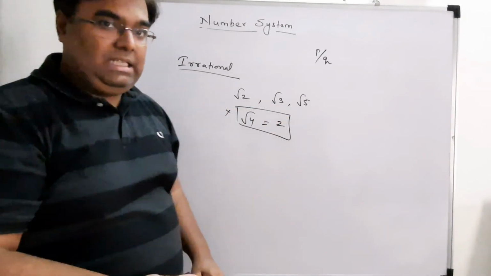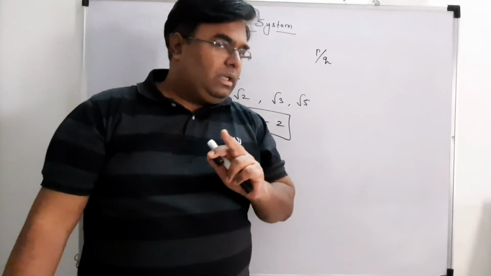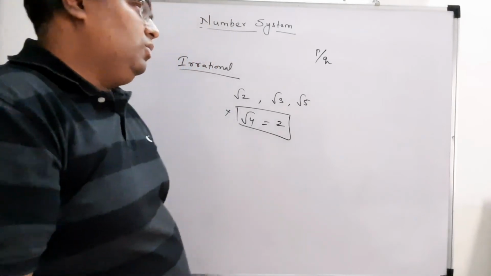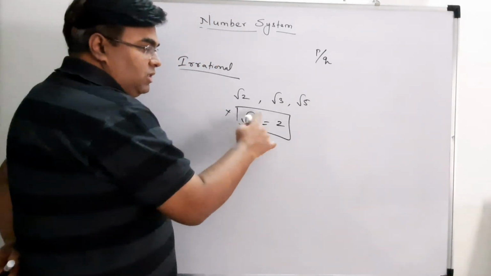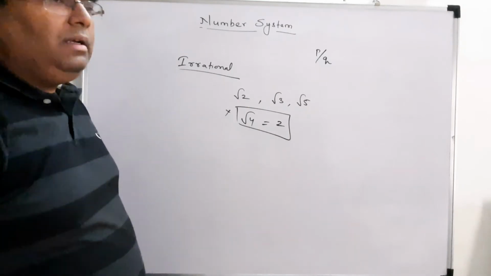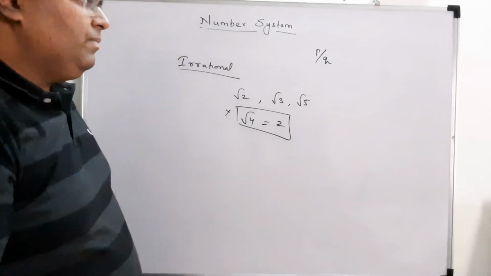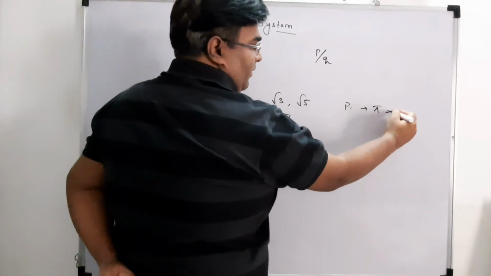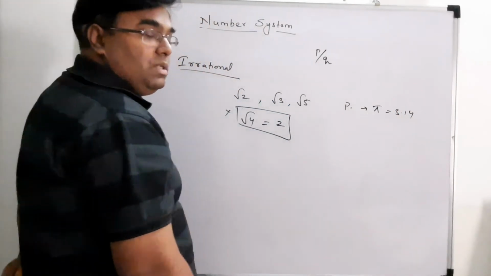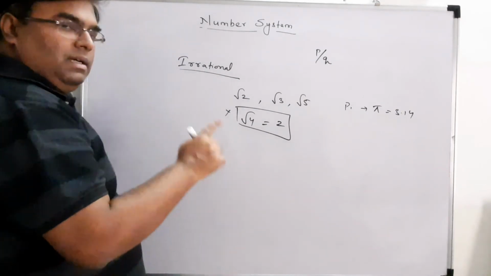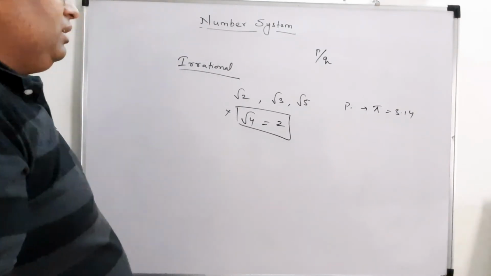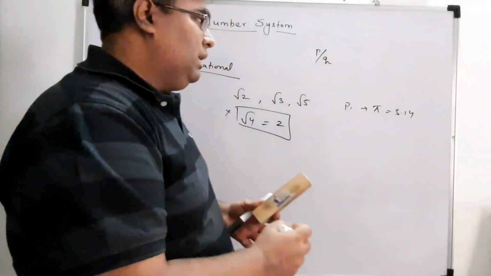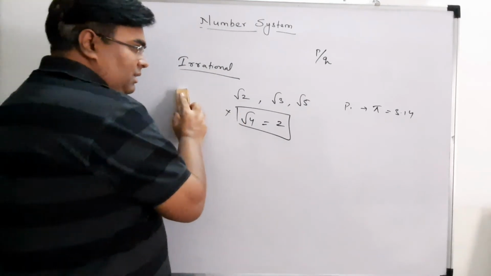Similarly, root 6 is irrational, root 7, root 8, but root 9 is not irrational because root 9 is equal to 3. So if you get any number out of the square root sign, then it is not an irrational number. Similarly, we have pi, the approximate value is 3.14, but it is an irrational number. We will learn more about irrational numbers in standard 10th,